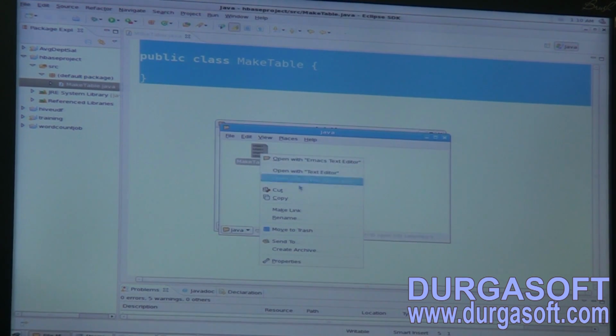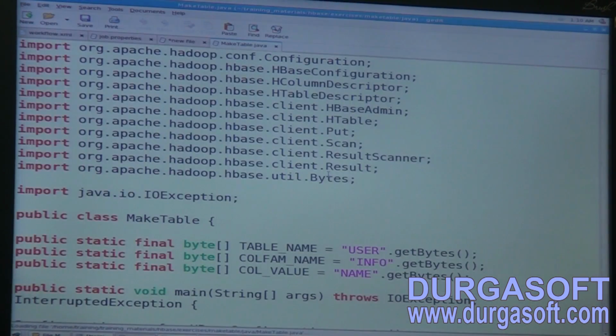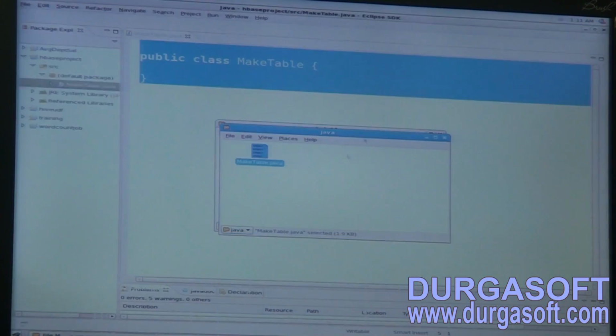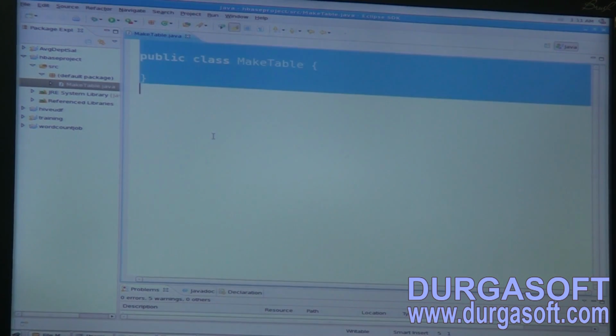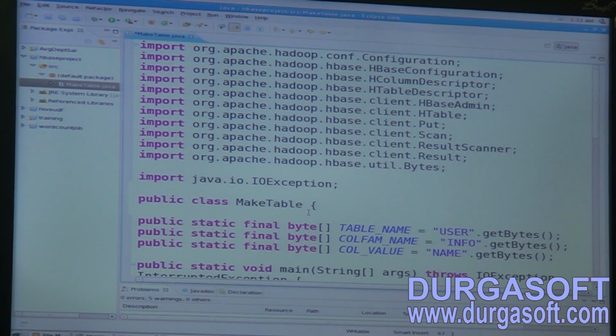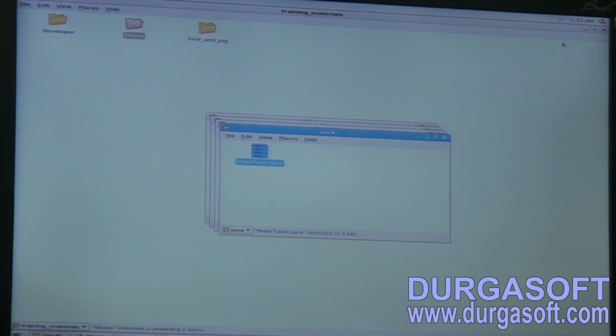Already we have seen that. One second. I'll give you that location. Okay, that program's location is actually